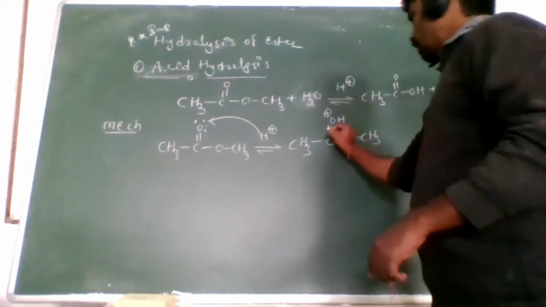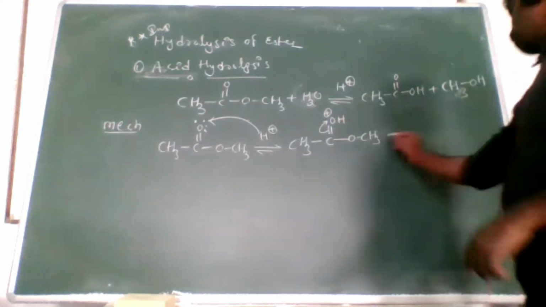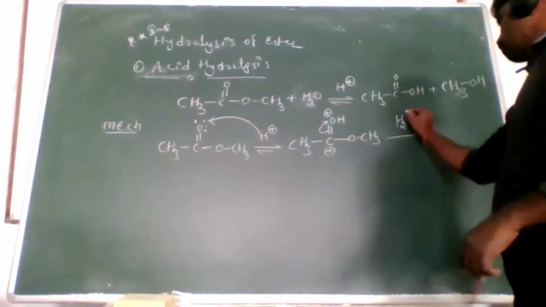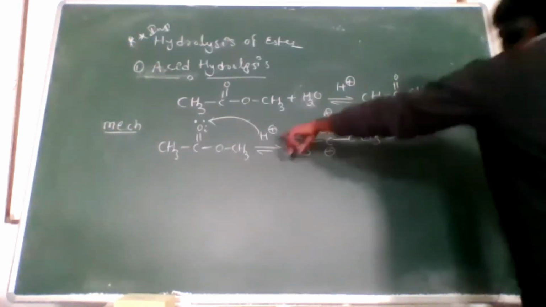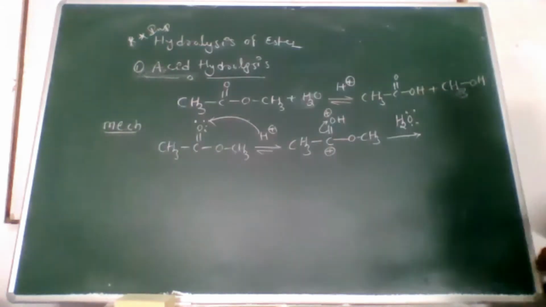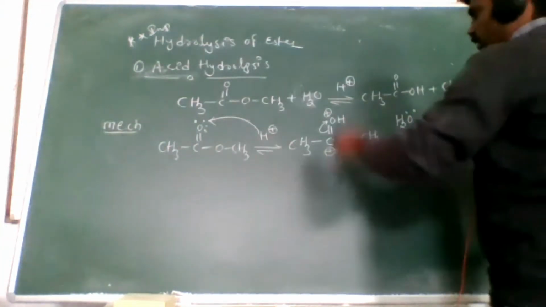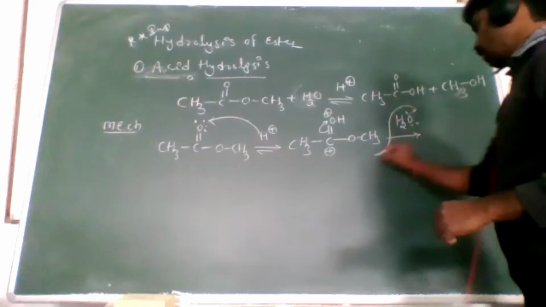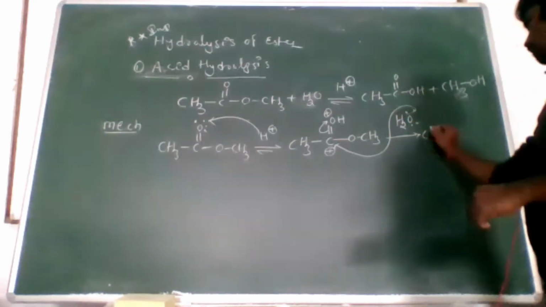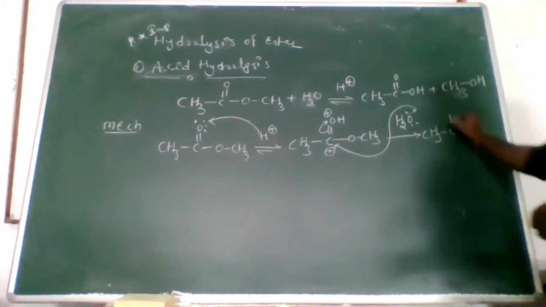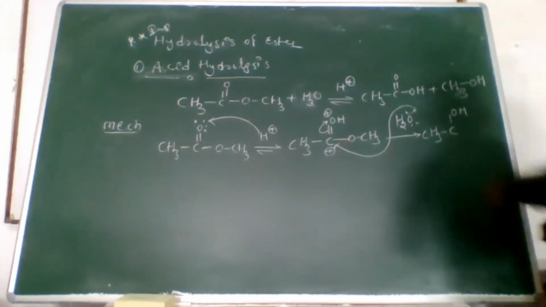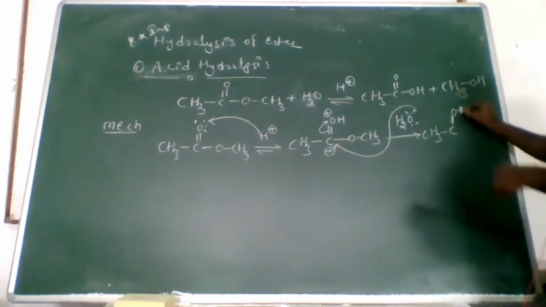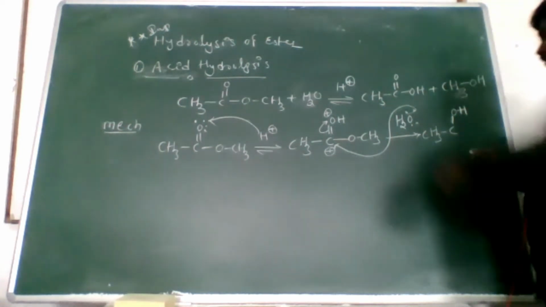Now once again, look here. These electrons shift to the oxygen side, and the carbon becomes positive. The water molecule is also there. First it reacts with the acid, then it reacts with the water, meaning in the mixture of acid and water, first you take the H plus ion. Now the lone pair of electrons bonds with the carbon. CH3, C, here OH, this one is the OH. I am writing the bonds separately. Clear? Okay.